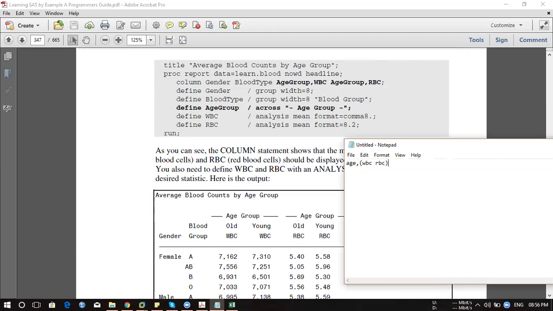Okay. So if you put like this, then you'll be getting output. For old, you'll be getting WBC and RBC together. For young, WBC and RBC together. But I want it a different way. That's why I'm saying for every age group, I want WBC and RBC separated. So this way they are showing you in a separate display. Otherwise, you would have mixed it.